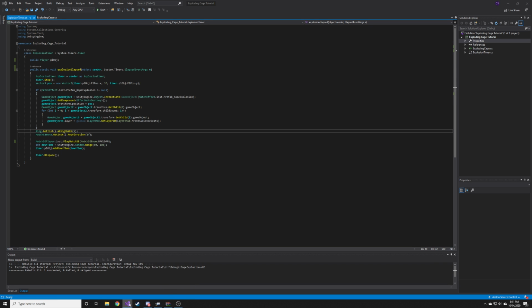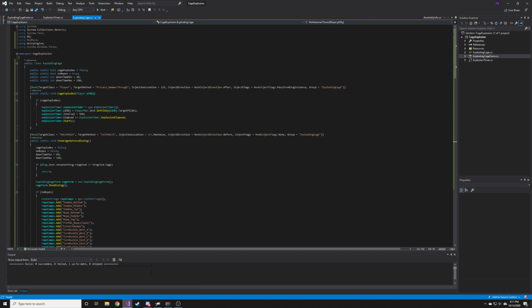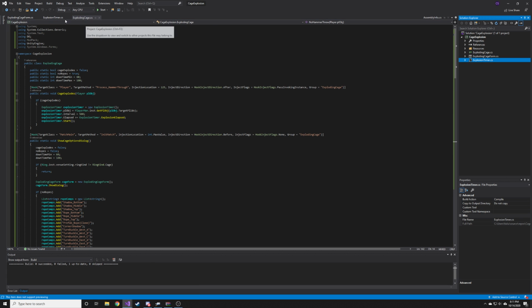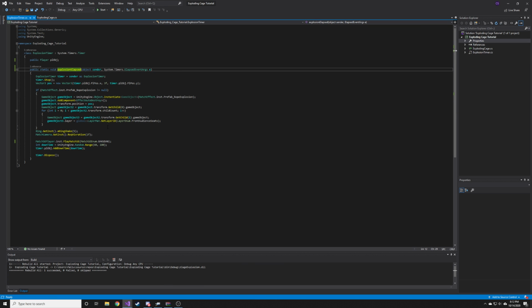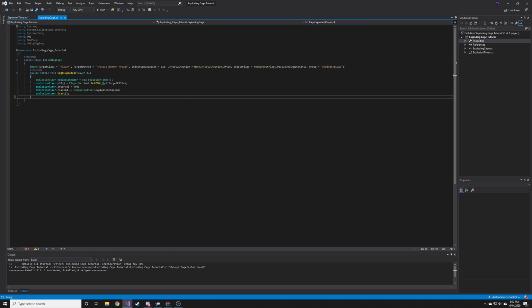Now let's go into the timer and make sure that's the same. Explosion timer. We've got explosion elapsed with a capital, and we've got explosion elapsed with a lowercase. So I will make that with the capital just so it's the same. I'll come back here and fix this. Okay, so now we are on the exact same page except for the namespace, which won't matter for the purposes